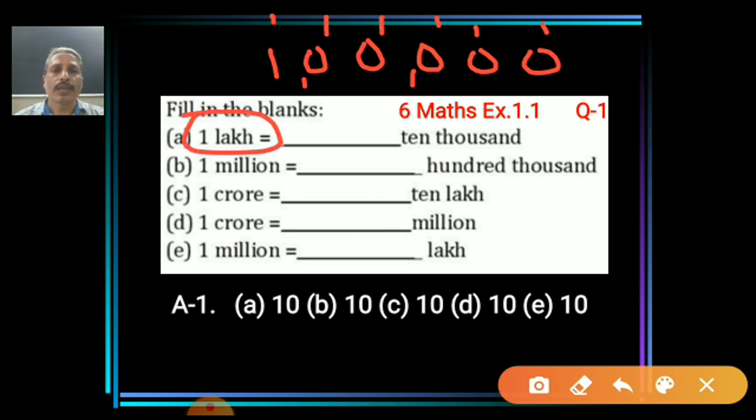1 lakh, but in place of that I want to write 10,000. Students, how to write 10,000? Before that, I want to clarify that 1000 has 3 zeros. This is called a 1000. And they ask us 10,000. So one more 0 is there after the 1. This is 10,000.